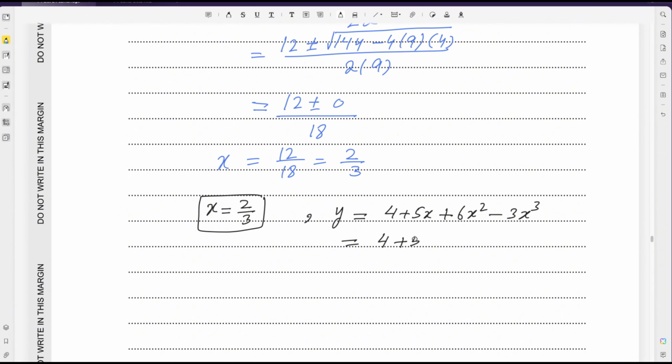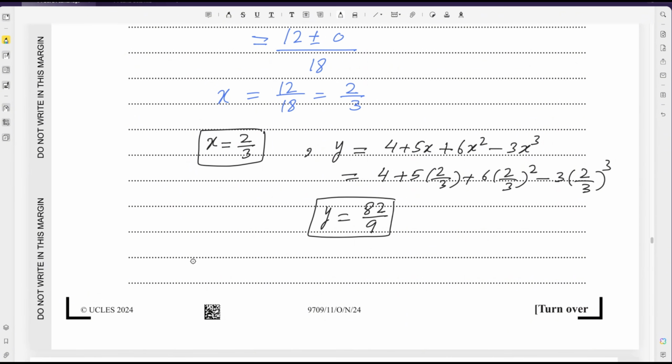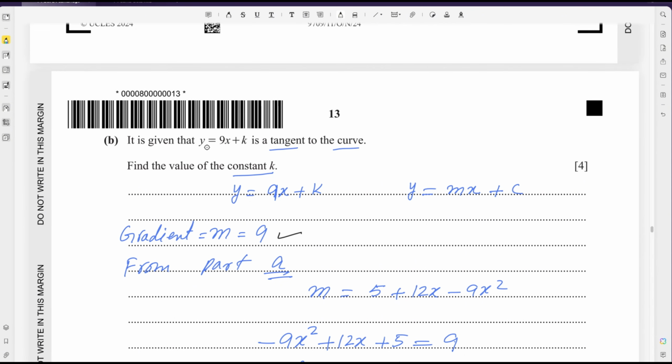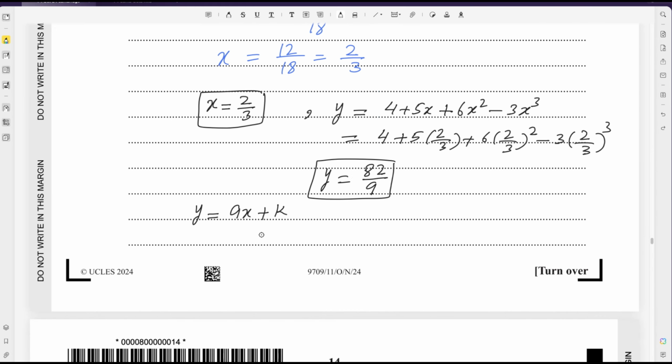We will substitute this value of x in this equation to find the y coordinate. 4 plus 5 into 2 over 3 plus 6 into 2 over 3 whole square minus 3 into 2 over 3 whole cube. Write as is in your calculator to get the y coordinate. Y will be equal to 82 over 9. Now we'll substitute these values in the equation of the tangent line, y equals 9x plus k, to find the value of k. Replace the values of y and x. Y is 82 over 9